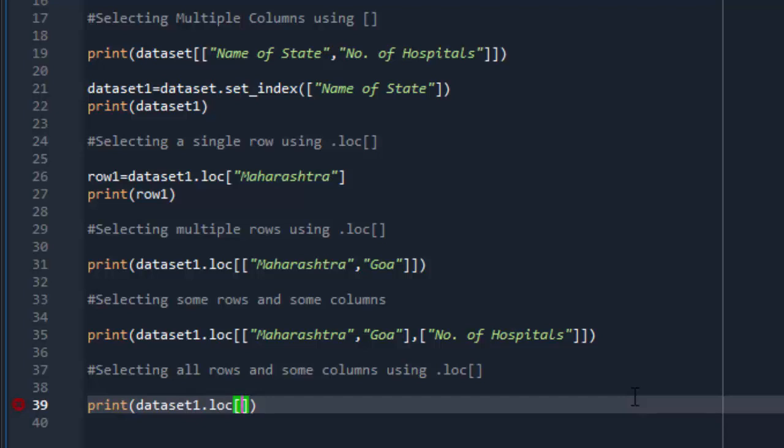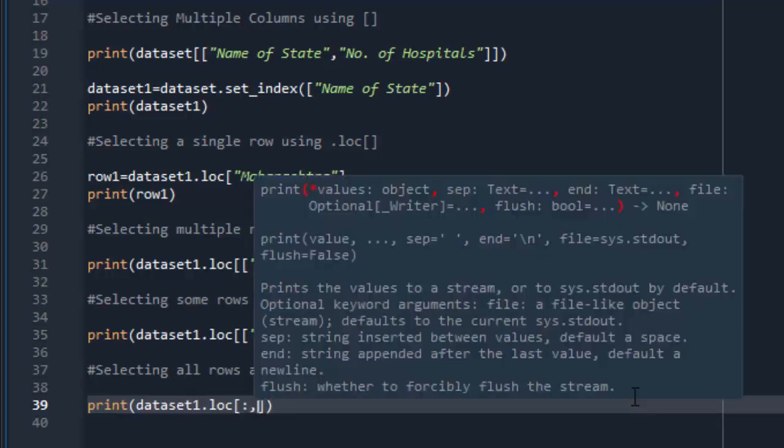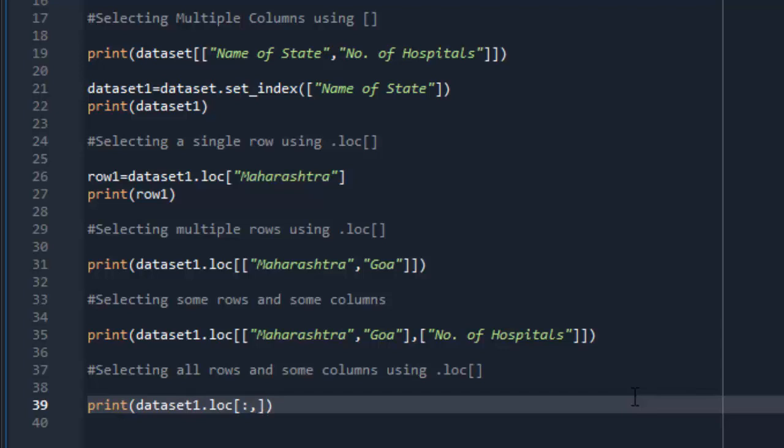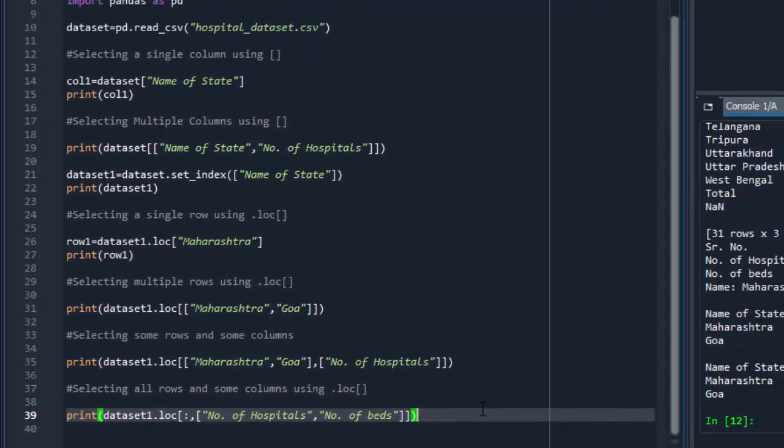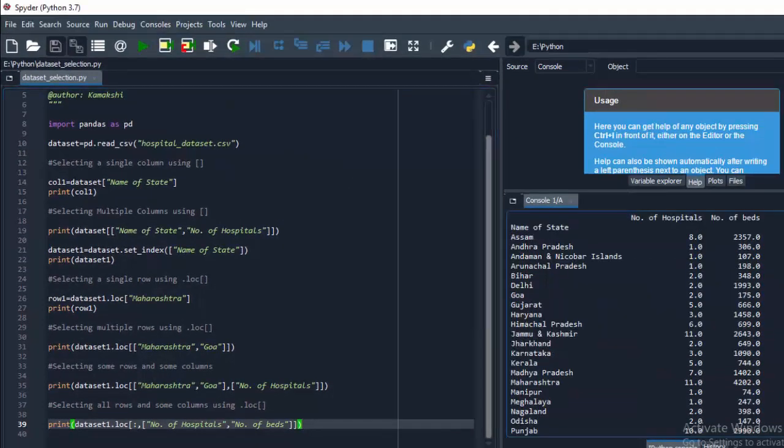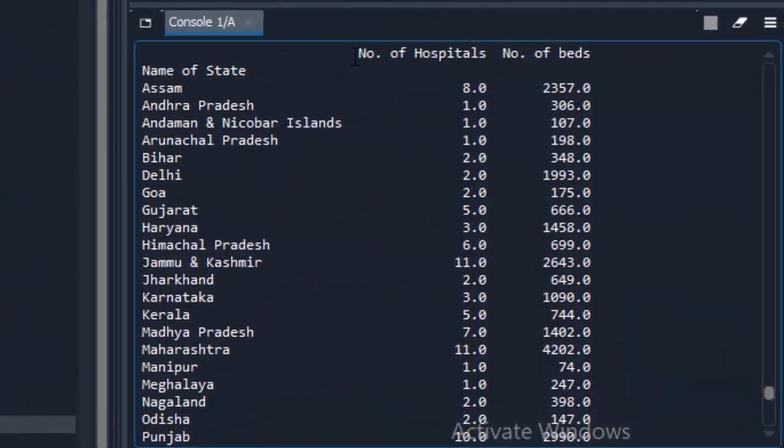Just specify the single colon as the first parameter and separating it with comma, we want to show some columns. It depends on how many columns we want to show. So here I am taking two column names, that is number of hospitals and number of beds, and I have taken both these column names within a list. Now just run this code. So here in the output, it is showing the two columns along with the name of state.